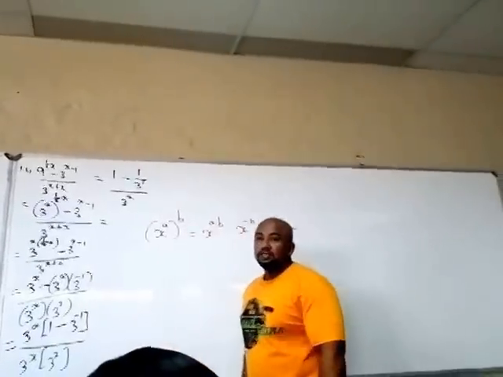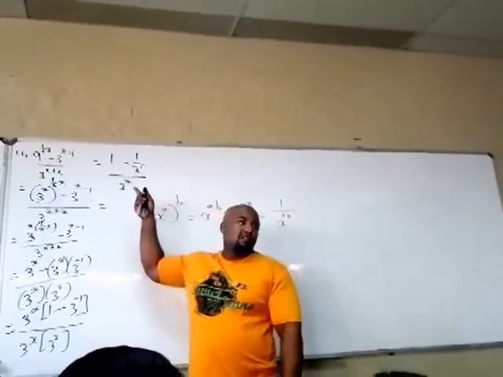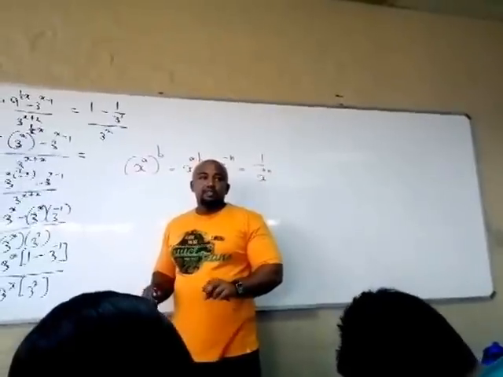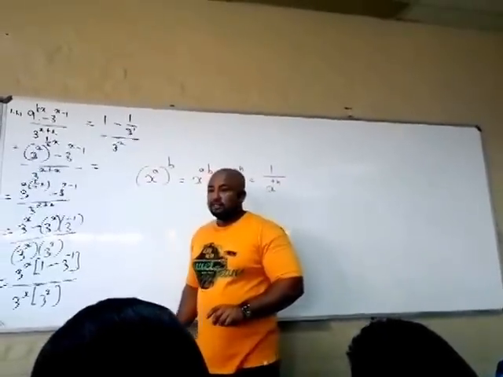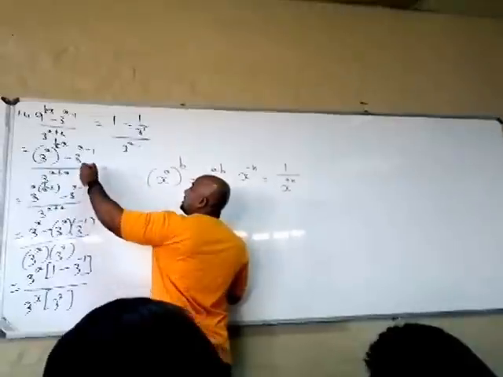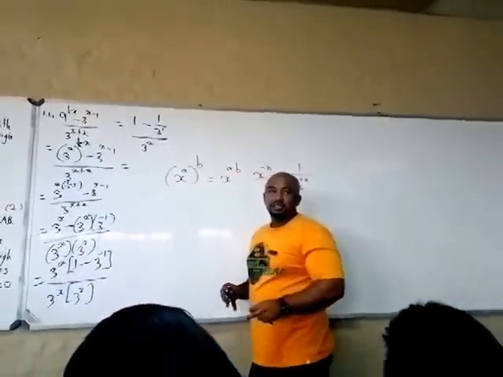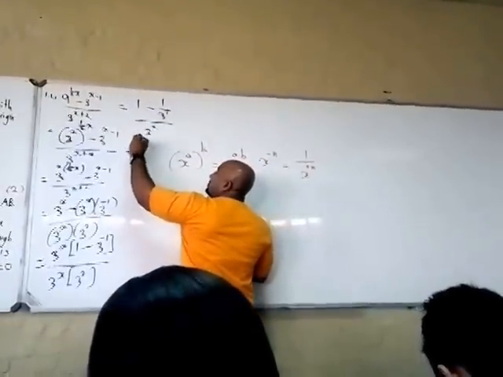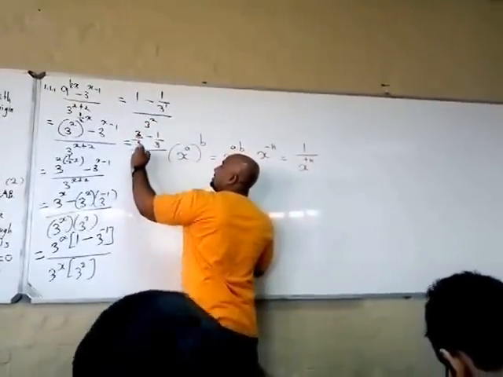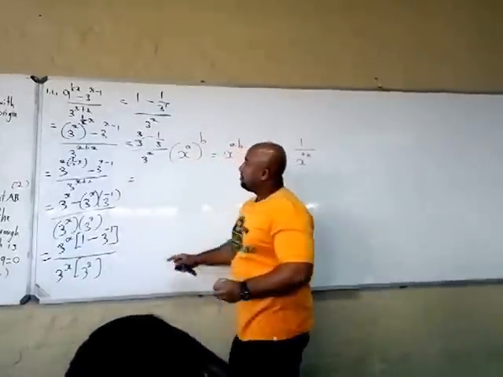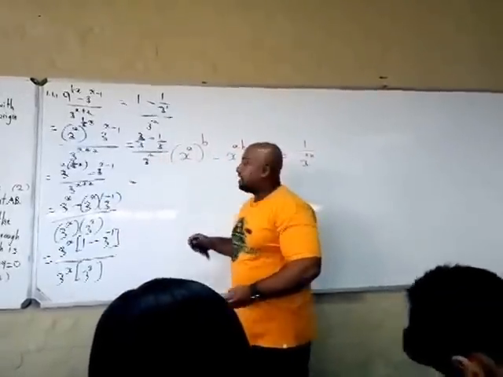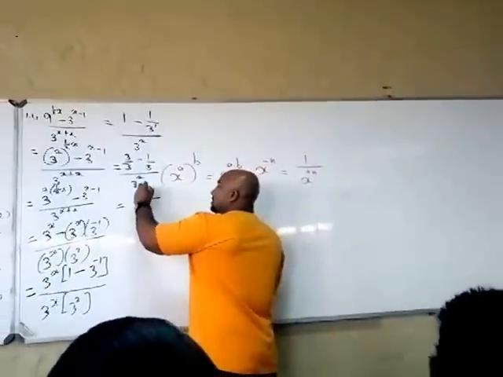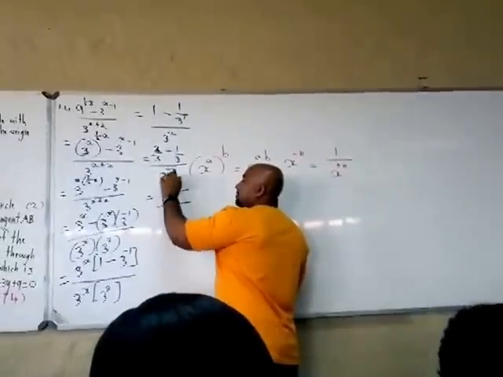Without a calculator, we are subtracting fractions. So when you are adding or subtracting fractions, what do you need to find? You need to find your LCD. So what is my LCD here? 3. So 1 will be 3 over 3 minus 1 over 3 all over 3 squared. So now I got my LCD there of 3. I can write it down one time only, and then 3 minus 1 will give me 2. So that's 2 over 3 divided by 3 squared, which is